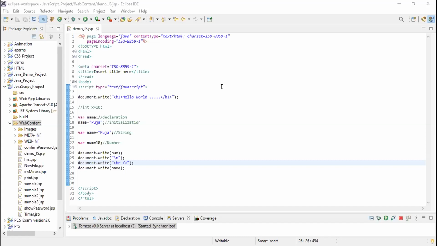Okay, so what are the data types in JavaScript? Does anyone know? Data types of JavaScript? No, ma'am. Don't know. Ma'am, data types are like in Java, number, string, same things in JavaScript. Like number, strings, objects.